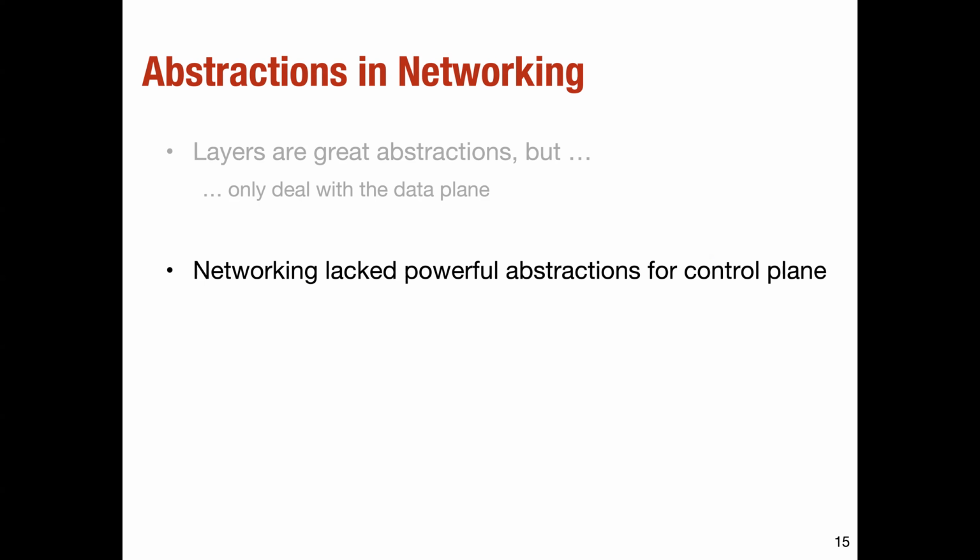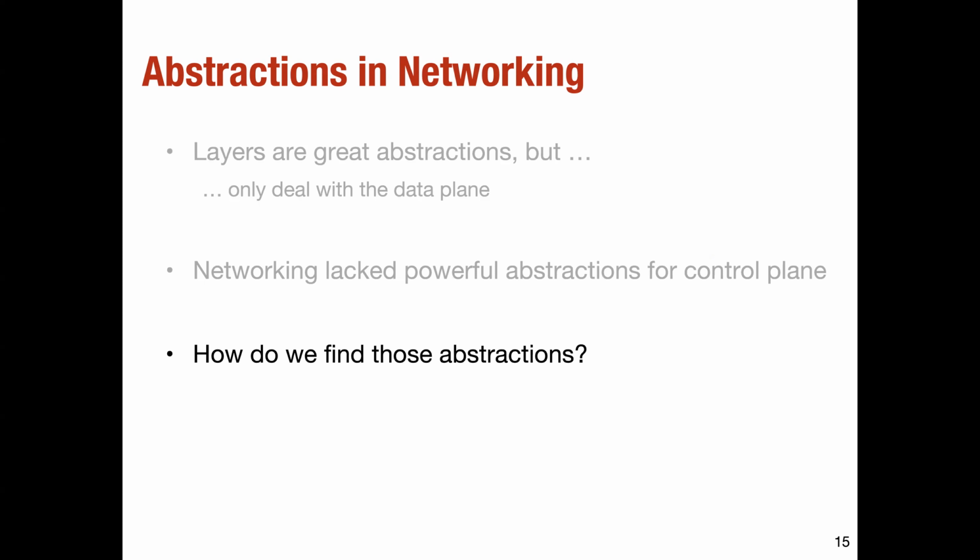And that kind of created all the challenges for networking. So in principle, there was an abstraction which was very, very successful, but it didn't really help with the evolution of networking, right? So now the question is, okay, we need better abstractions. How do we find those abstractions? Before we try to explore how we find those abstractions, let's first explore the network control program, or the brain of the network problem, in much more detail, right?